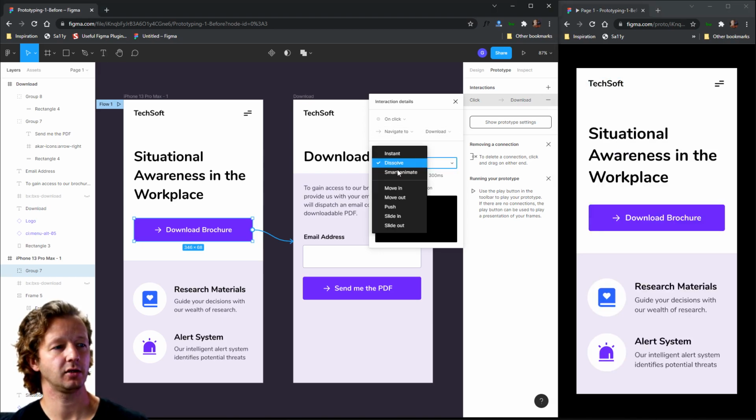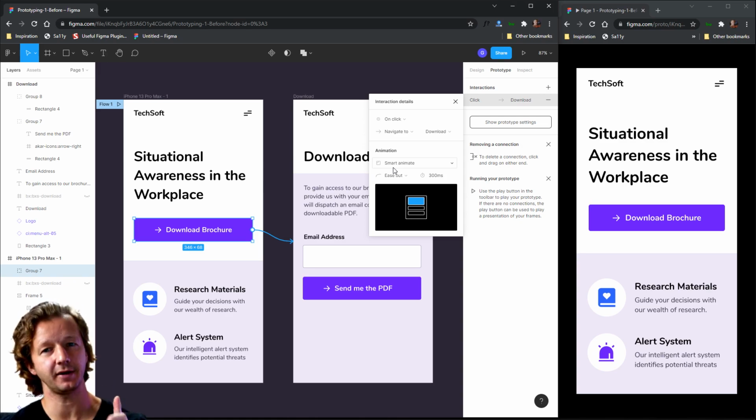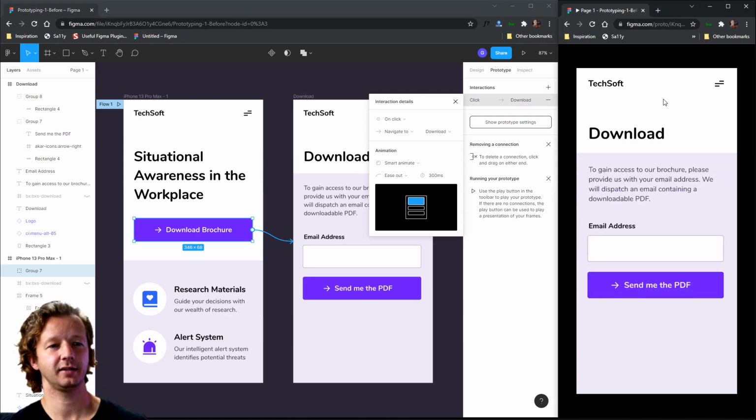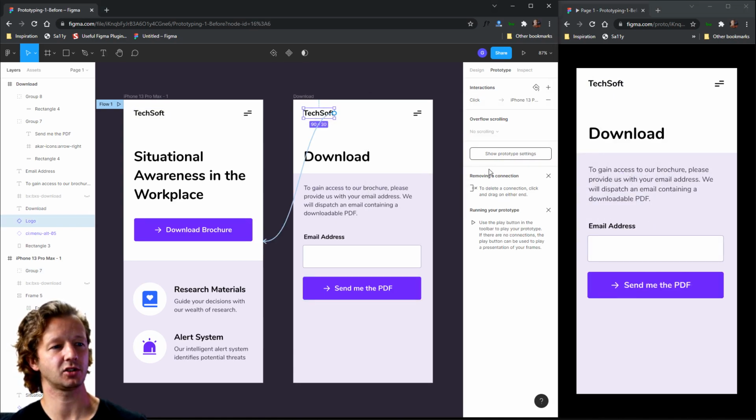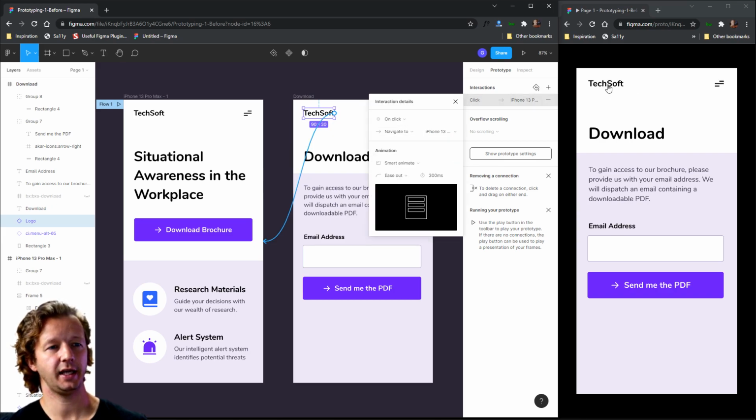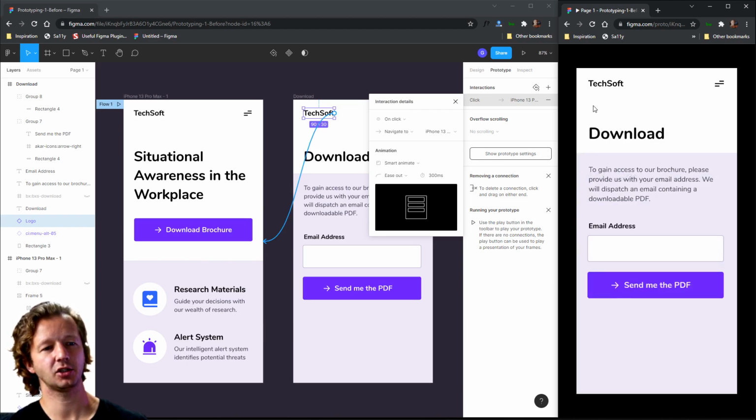So let's try Smart Animate. Now this one is very cool. So we click it and notice how the animation's different. Let's also change this to Smart Animate as well. So we'll change that, and you'll see how when we go back and forth, things are animating in an interesting